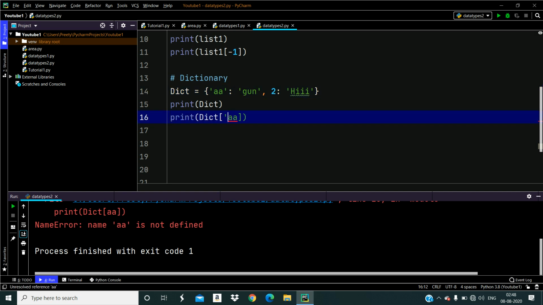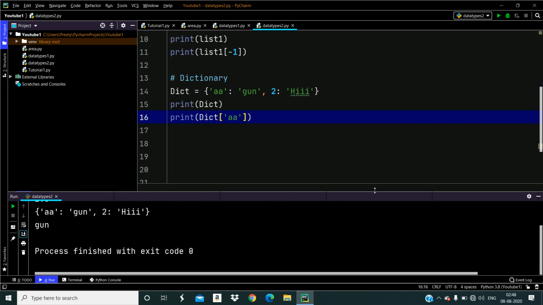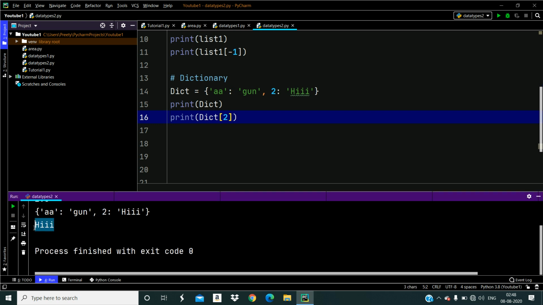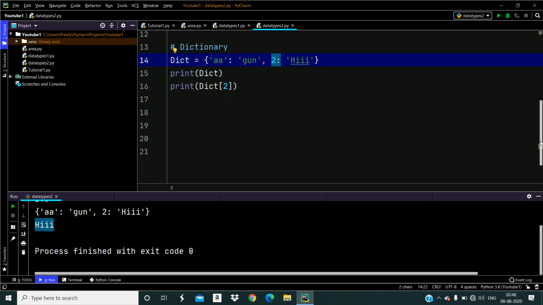Okay, sorry. Here you can see what you got. You got gun. If you pass this key, you'll get two. Sorry, remove the single quotes and just run the program. What did you get? Hi. So these are the keys, right? And these are the values for those particular keys. So using a key, you can access each value of a dictionary, and you can also perform certain operations,